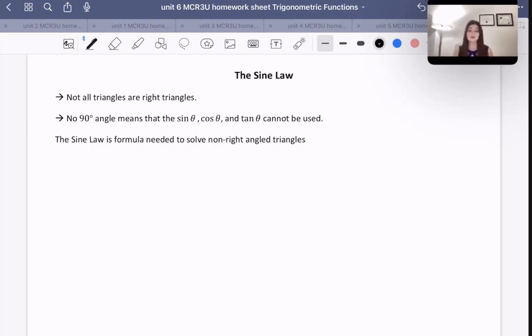there is a way to use our basic trig ratios a little bit differently in order to determine the sides and angles for triangles that are not right angle triangles. So if a triangle is not a right angle triangle, or we don't know whether a triangle is or isn't a right angle triangle, we can use the sine law. So basically, the sine law states that if we have some triangle, any triangle, it doesn't have to be a right angle triangle,